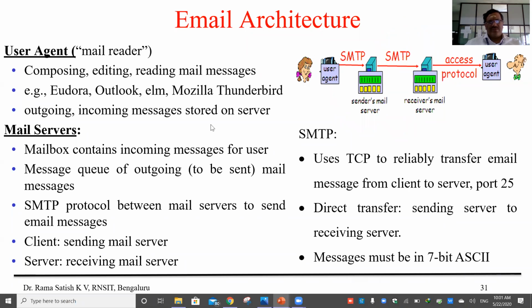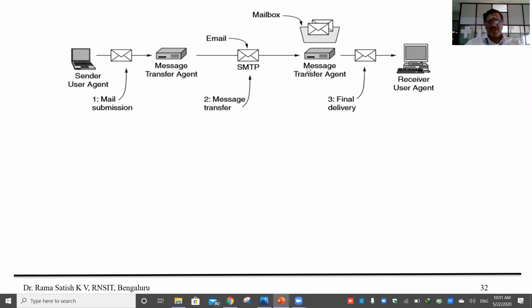And further, if you look into the architecture of this particular email, the sending user agent submits a mail, and this mail goes to the mail transfer agent. Mail transfer agent will transmit the mail to another message transfer agent via SMTP.